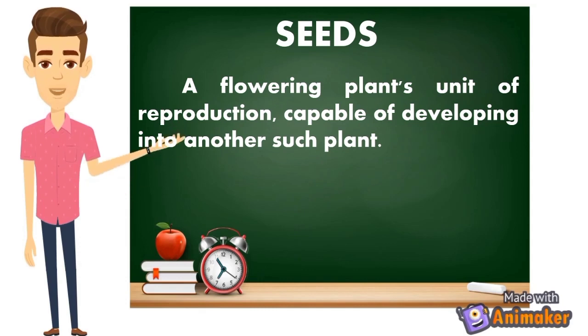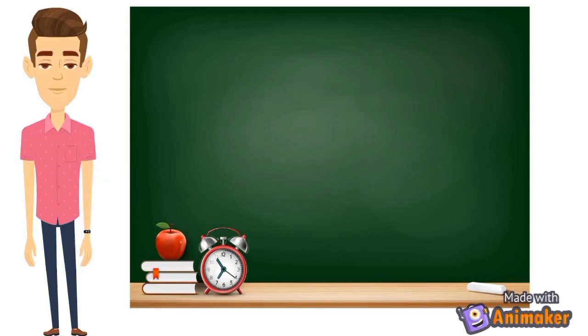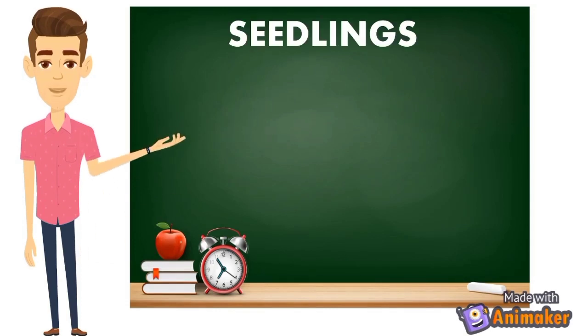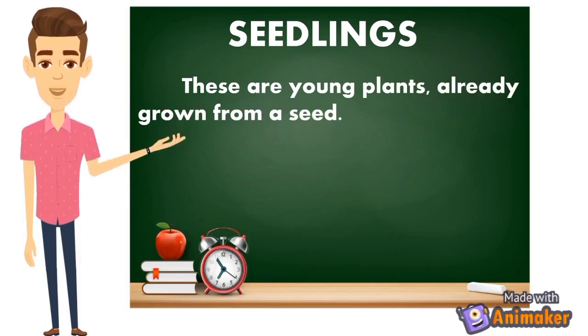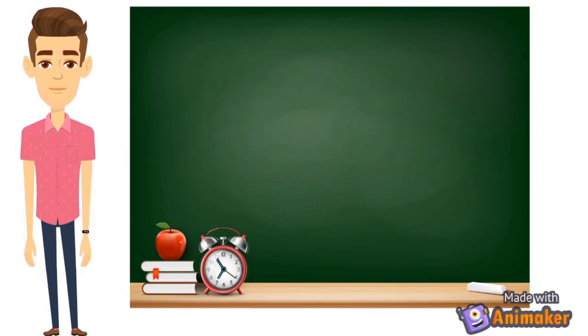The next one, kung may seeds tayo, meron tayong tinatawag na seedlings. Ano ba yung seedlings na binabanggit dito? So these are young plants already grown from a seed. So kapag nagtanim tayo ng seeds, of course, tutubo naman yan, lalaki yan. So yun yung tinatawag natin seedlings. Okay po. Next,